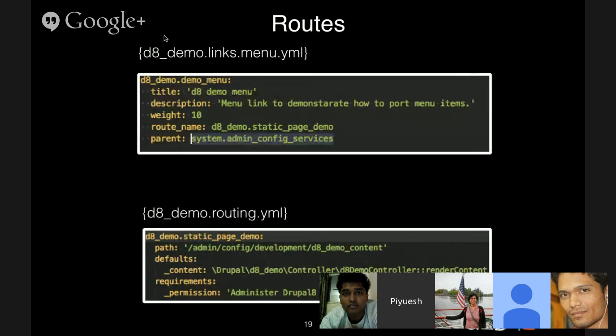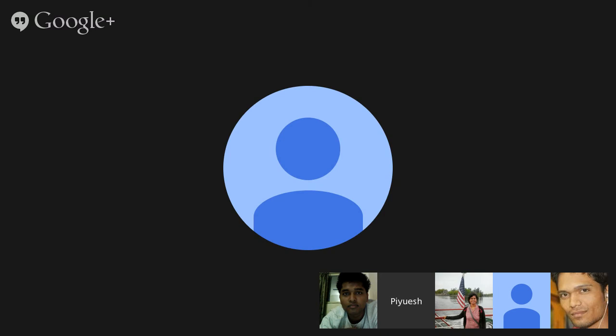Before that, let's take a look at the routing.yml file. Any path pattern which was defined inside your hook_menu needs to be converted into the format that routing.yml accepts and put inside the routing.yml file. This is the file which would store a mapping between your